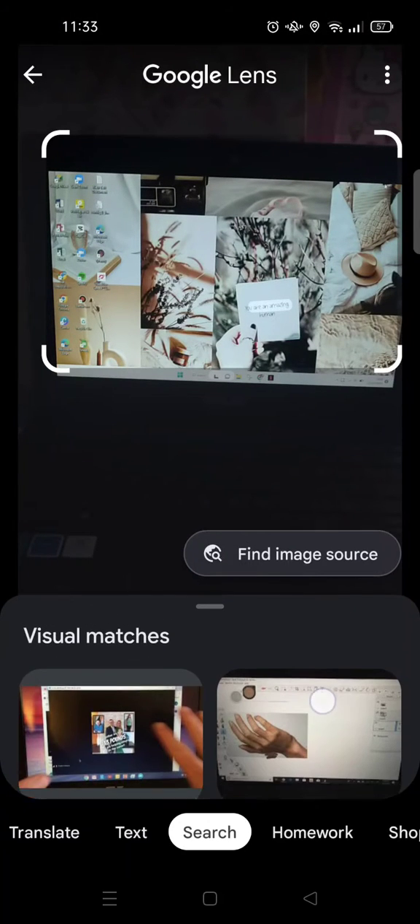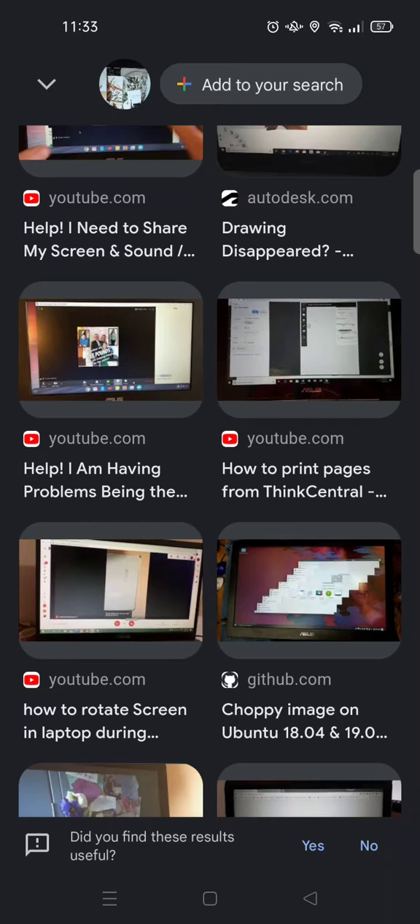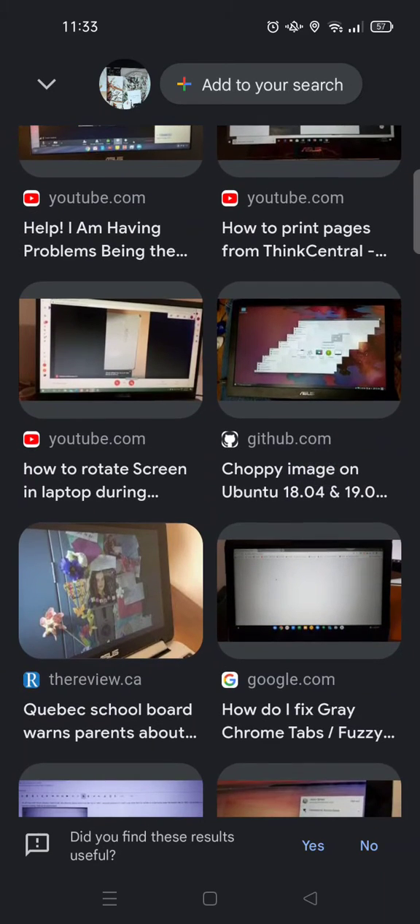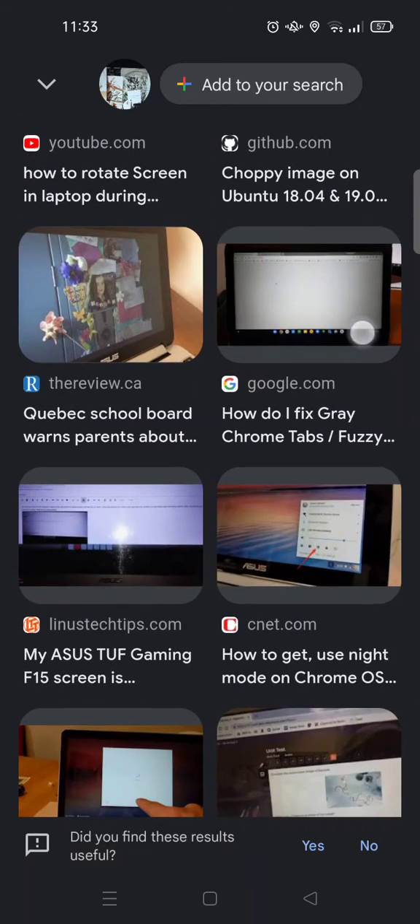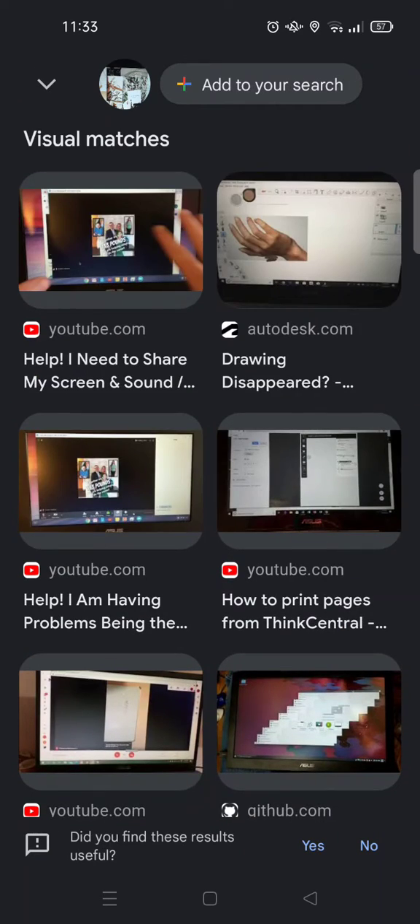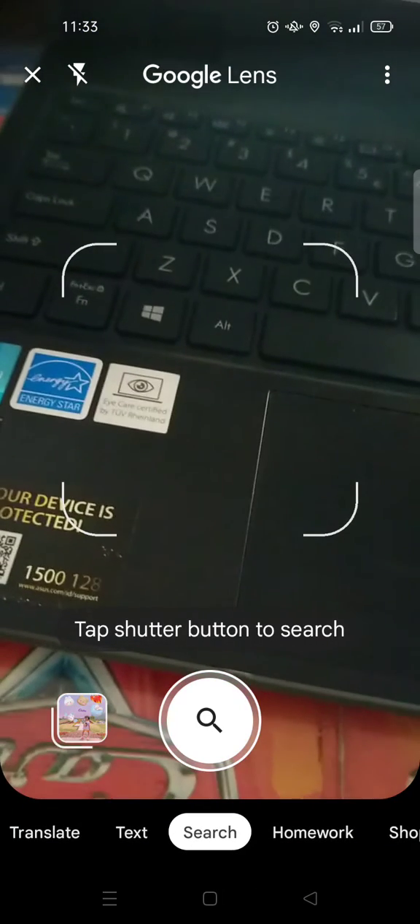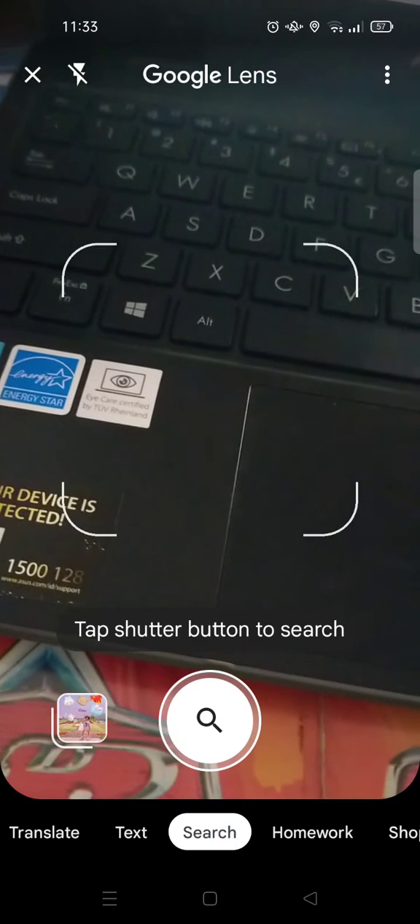Okay, so now it will have the matching image like this. You can see now the image shown is the picture of a monitor or computer monitor, and that's the first option. Or you can always go back, and then here I'm going to go